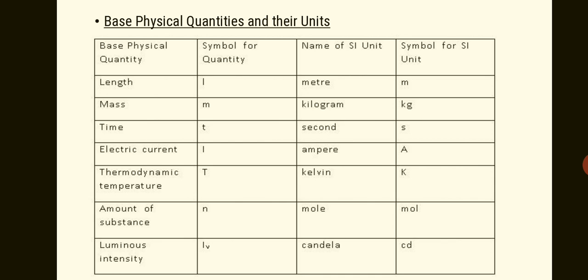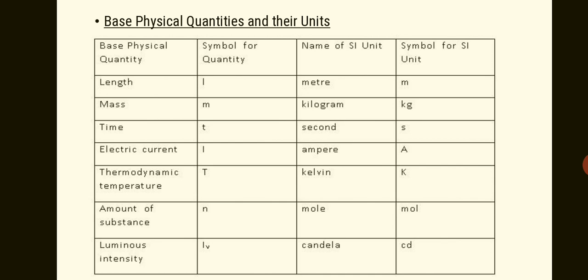There is a formula to convert degree centigrade into Kelvin. For converting degree centigrade temperature into Kelvin, we simply add 273 to the degree Celsius temperature. Suppose we have 27 degree centigrade and we want to convert it into Kelvin, so we just add 273, so the total will be 300 Kelvin.